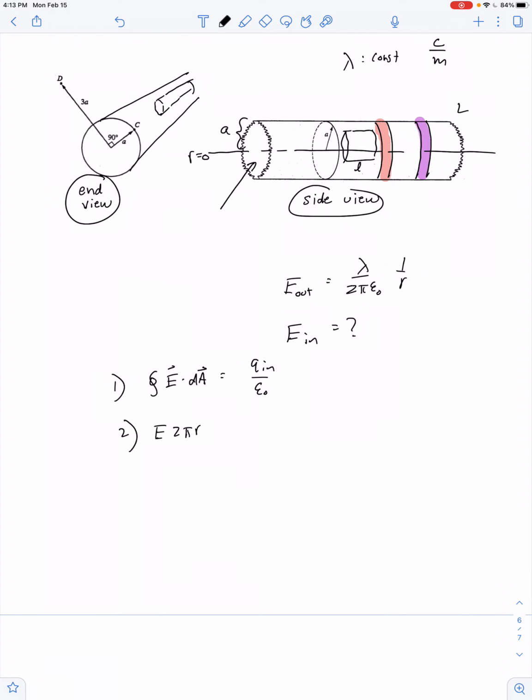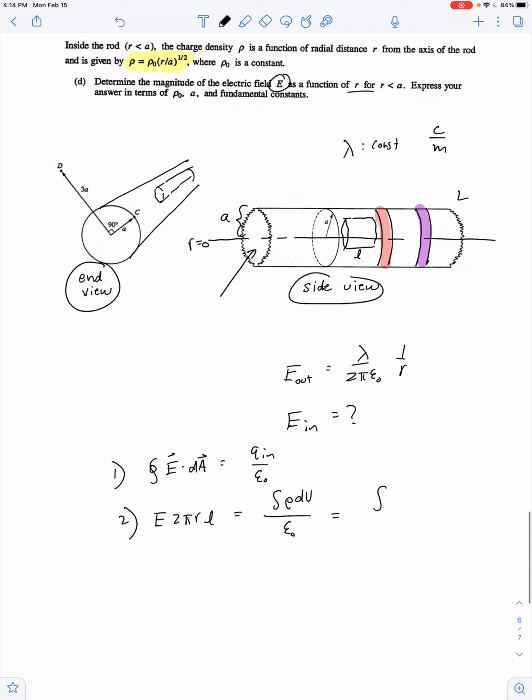E times 2 pi r lowercase l is equal to the integral of rho dV over epsilon naught. Now in place of rho, we can put in this formula that we're given. Rho naught r over a to the 1/2 power. Don't forget our 1 over epsilon naught. Okay, so that substitutes for rho. We need to substitute for dV. The volume, if we just start building up